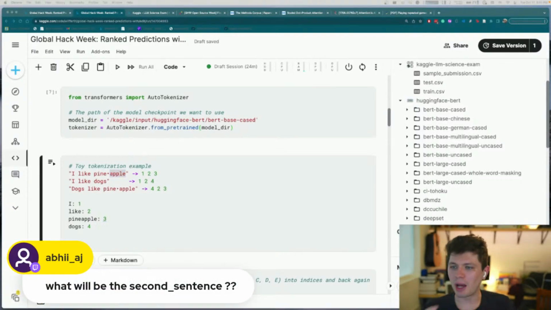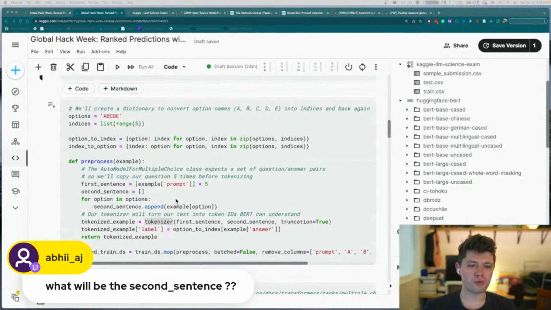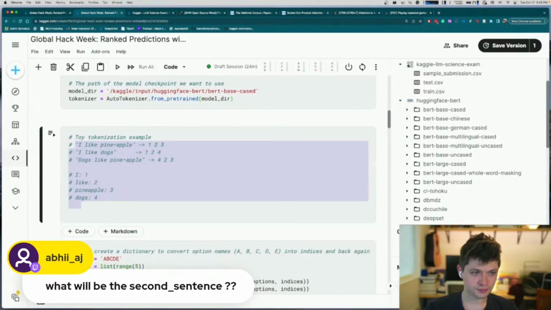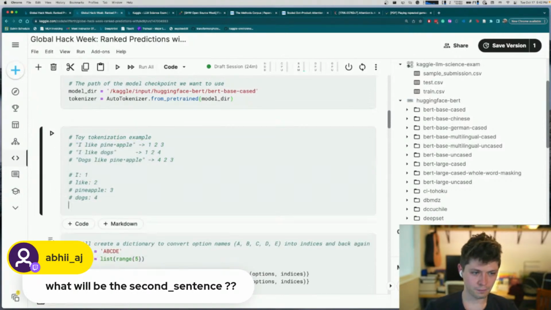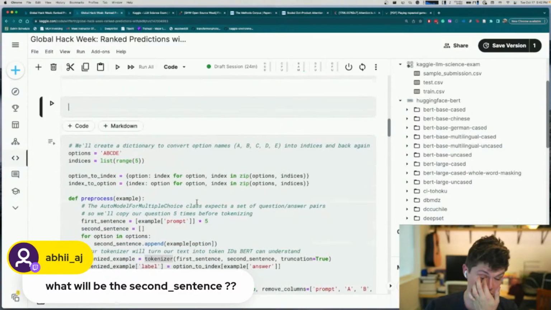We have a question, what will be the second sentence? Yeah, so for explaining what pre-processing we're doing here, I actually want to take another example. And actually, let's comment this out. So let's say I have a question that is,